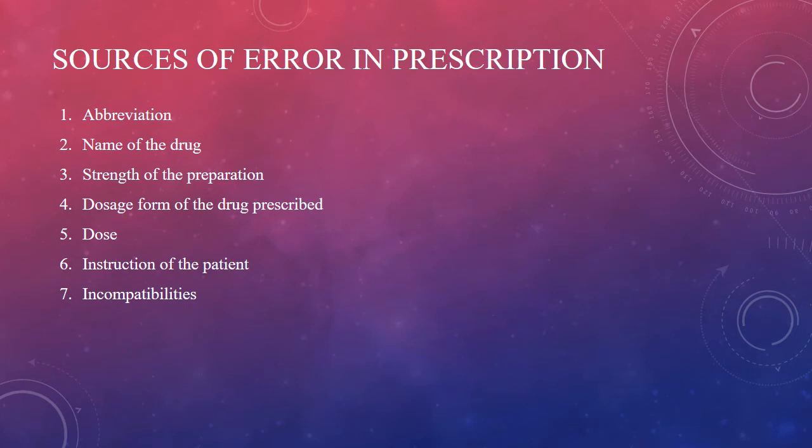Sources of error in prescription. The first source of error is abbreviation, as abbreviation can be misread by the pharmacist, or the name of the drug. The name of the drug can be misread, strength of the preparation, dosage form of the drug prescribed, dose, instruction of the patient, and